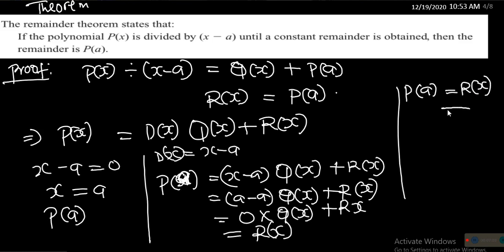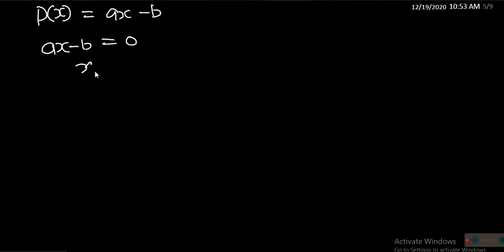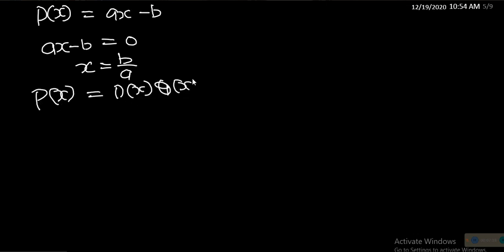Okay, and that proves the theorem. So also, if your divisor equals ax minus b, you say ax minus b equals 0, find x. So x equals b over a, and then if you substitute in the division algorithm, d of x, q of x plus r of x, you have p of b over a equal to